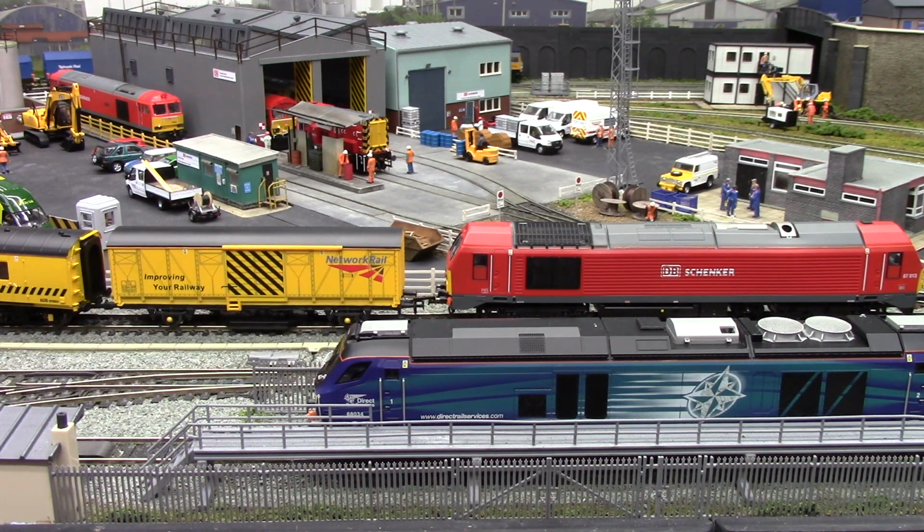You can see the conventional coupling at the front, so it can couple up to any loco, because I've got Hunt couplings on virtually everything now, guys. I love them to pieces. They run so well on this layout. I'll just move her along so you can see